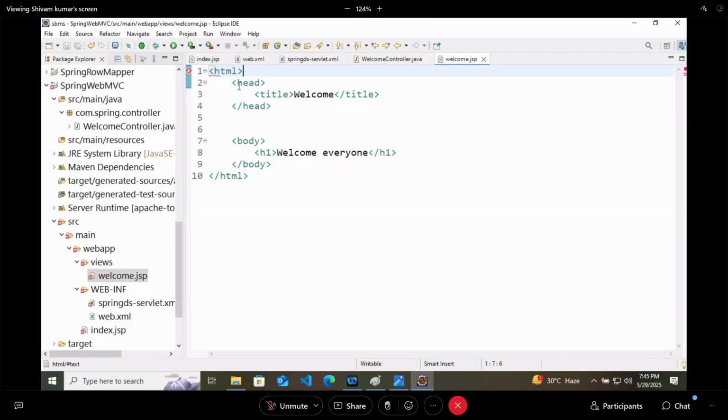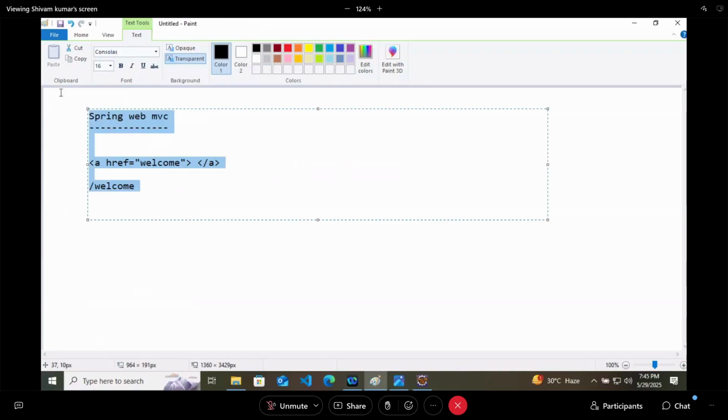Well, I will make some little changes here and we will understand a few things. There is one annotation known as @Controller. In the same way we have @Service. In the same way we have @Repository, right? And these three are the same. These three are the same or not? Yes, they are stereotype annotations, but they come with a difference.